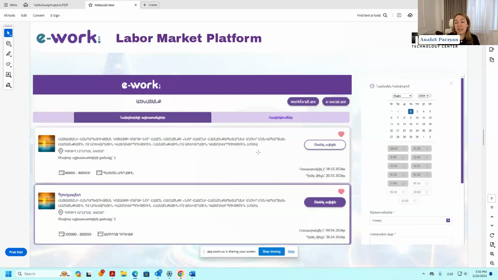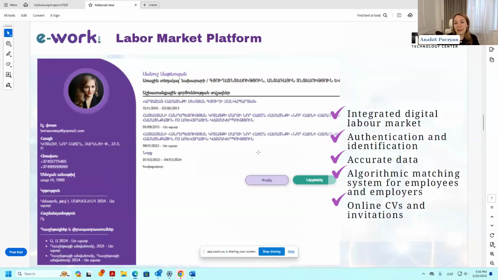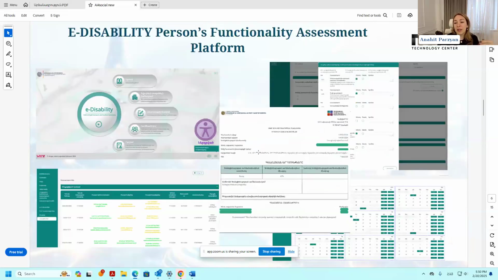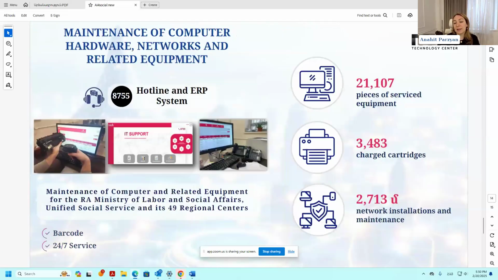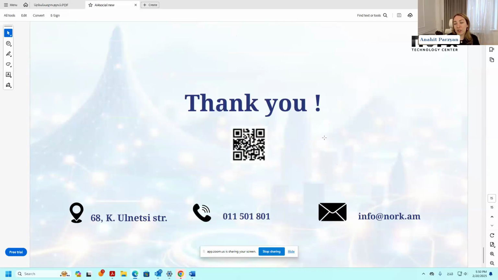Okay, great. Thanks. So we use these platforms to evaluate our labor market platform. In the labor market platform, a CV is automatically generated, and based on the CV information, there is a matching system that finds relevant announcements and suggests them automatically. Based on these applications, we have also developed one of the features of our e-disability platform, which automatically suggests to doctors among 1,500 internationally accepted protocols based on medical differentiations and descriptions. So these are our main achievements in this respect, and we are doing evaluations,